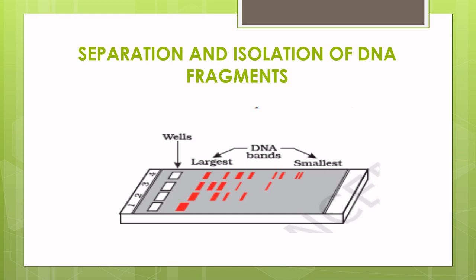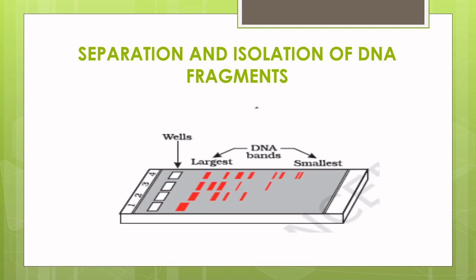So now let us look at separation and isolation of DNA fragments. The cutting of DNA by restriction endonucleases results in fragments of DNA. These fragments can be separated by a technique known as gel electrophoresis. Since DNA fragments are negatively charged molecules, they can be separated by forcing them to move towards the anode under an electric field through a medium or a matrix. Nowadays, the most commonly used matrix is agarose, which is a natural polymer extracted from seaweeds. The DNA fragments resolve according to their size through the sieving effect provided by the agarose gel.